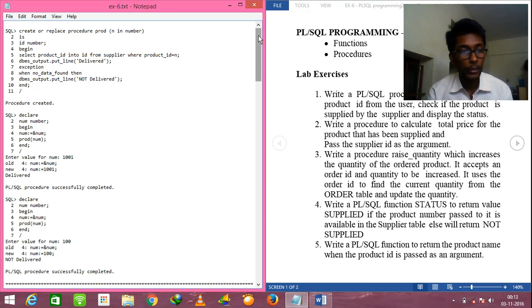Now in this procedure we'll also give an exception, and the exception will be when no data found, then dbms_output.put_line not delivered, and we'll end the procedure. Okay, then the procedure is created as you can see in the script file. Then after that we'll have to run this particular procedure. For doing this